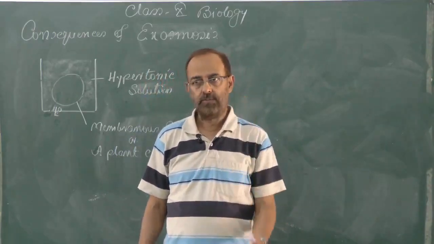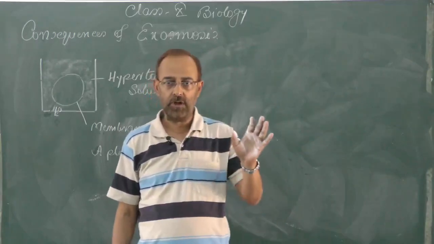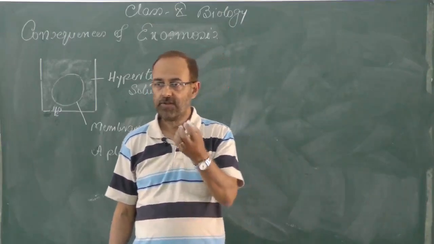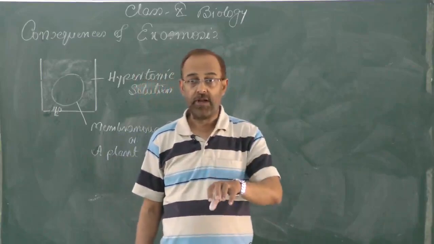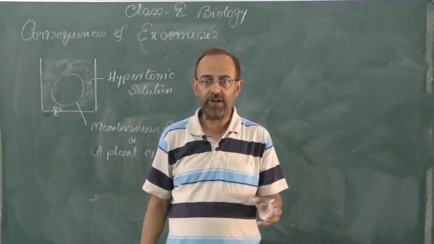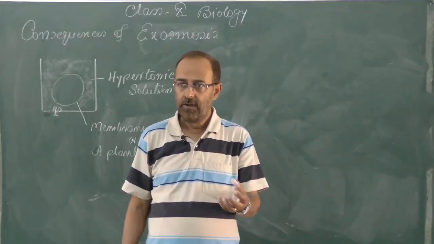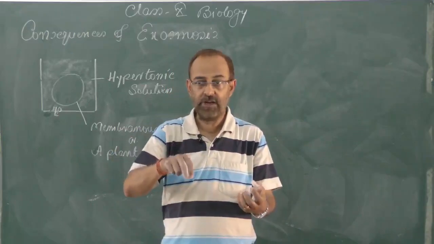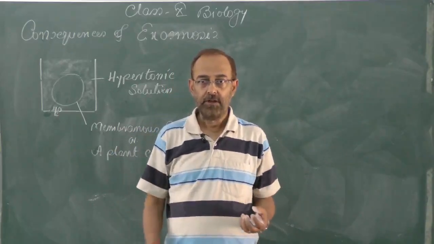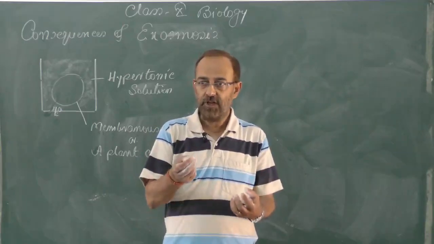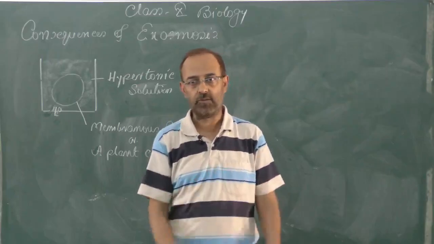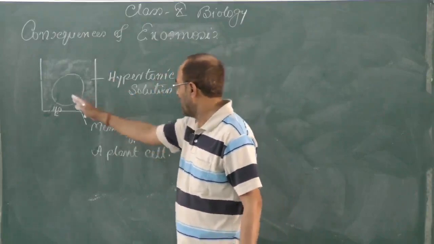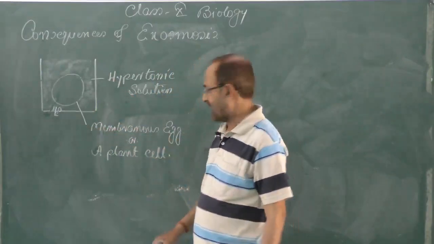Clear? So, in pure water, since there is only water molecule, no solute molecule, water potential is maximum, solute potential is 0. But when we make solution by dissolving some solute in the solvent, or water, then the comparative water potential decreases, because now some solute molecule also have come to that medium. So, that will increase the solute potential and a relative decrease in the water potential. So, here in the outer medium the hypertonic solution is there, and in the inner medium protoplasm is there, that is the hypotonic solution, that is